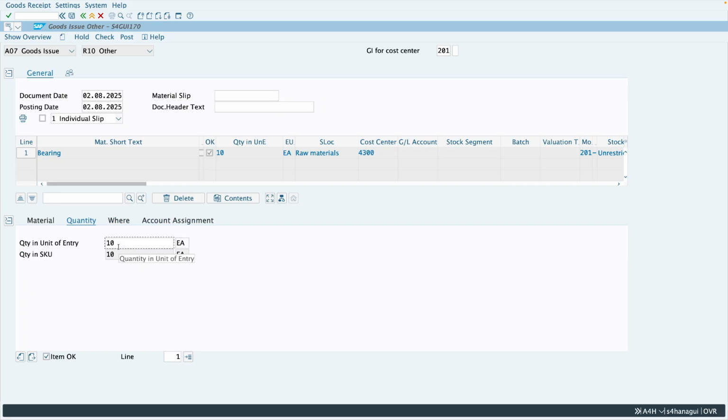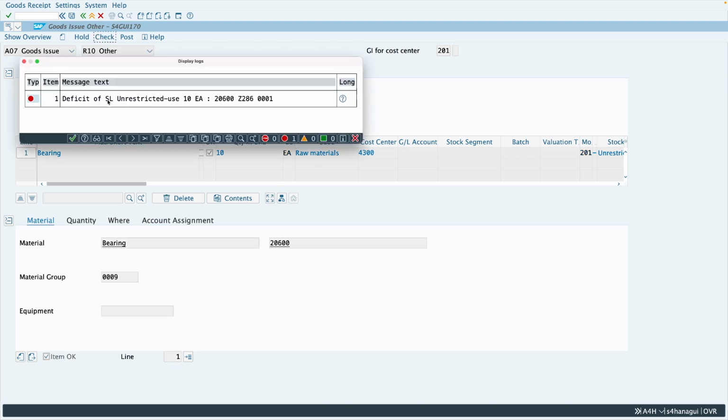So what we are doing is we are trying to issue 10 quantity against this material code where we do not have any stock available. So let's click on check. So you can see here system gives me a standard error message. That is, there is a deficit of unrestricted use stock of 10 numbers against this material code, plant and storage